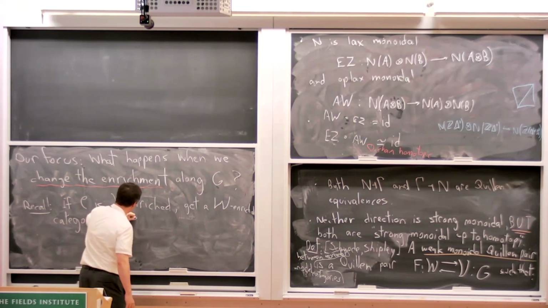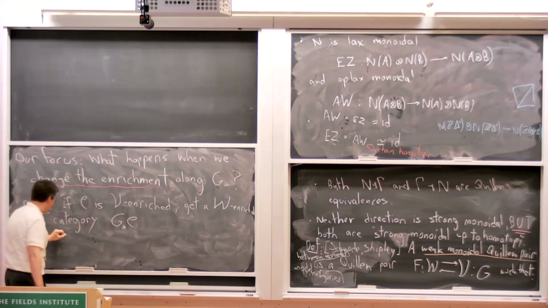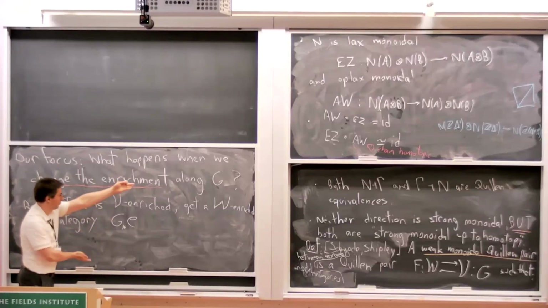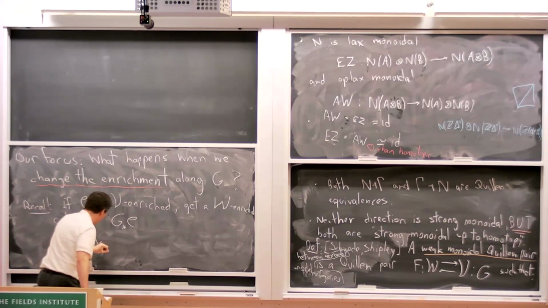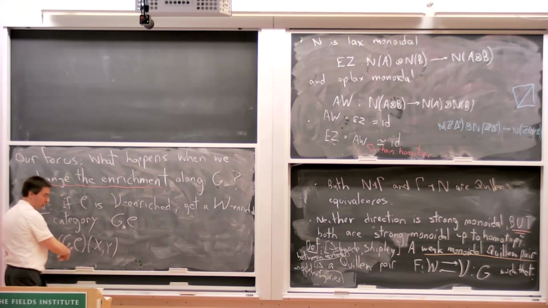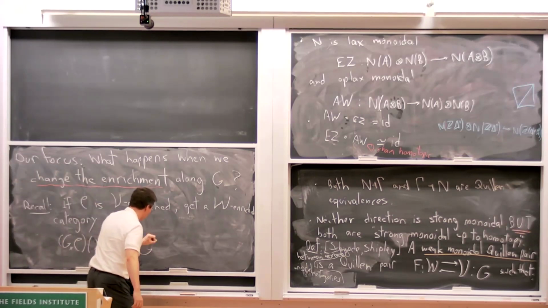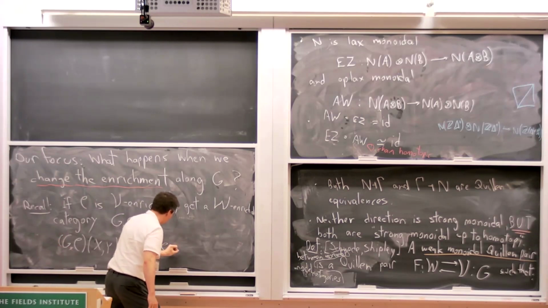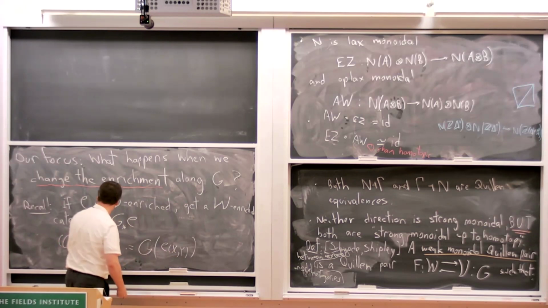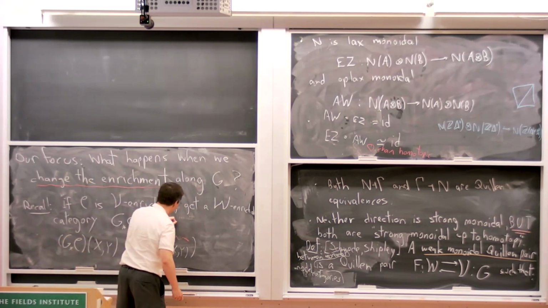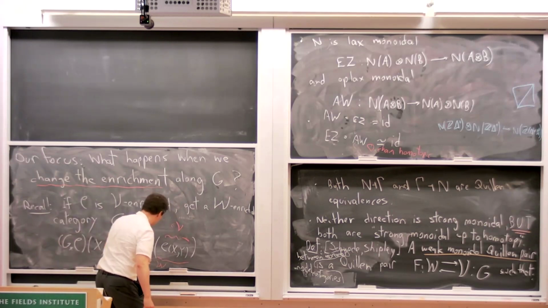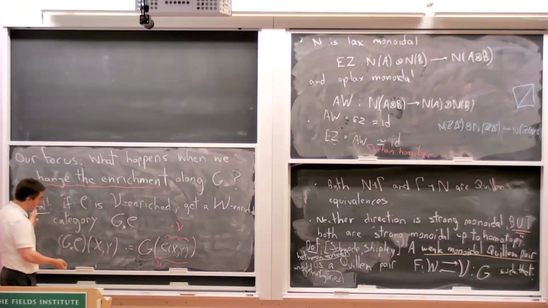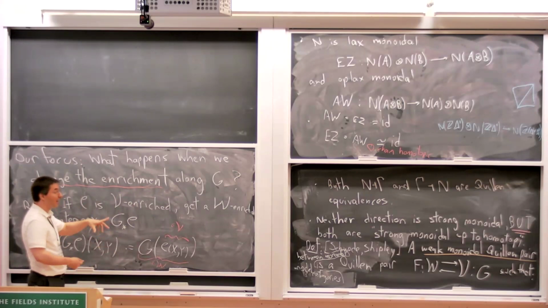I'll denote G star, where the Hom gadgets are just the original Hom gadgets to which we've applied G. So in symbols, what if I want the Hom gadget from X to Y? After changing the enrichment, I just apply G to the original Hom gadget. Let's parse this formula. That was originally living in V, but now I'm changing the enrichment to something that lives in W. And composition is just induced by applying G to the original composition and using the lax monoidal structure. That's where it's crucial.